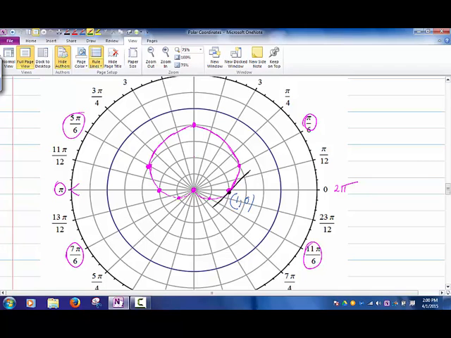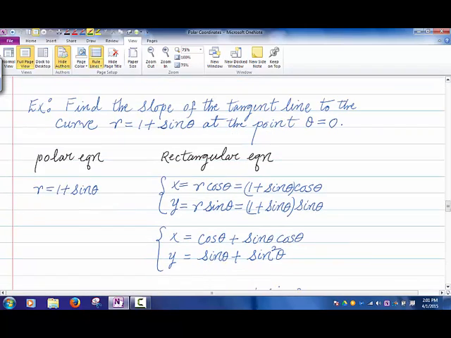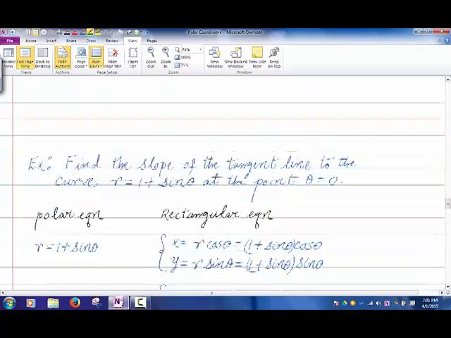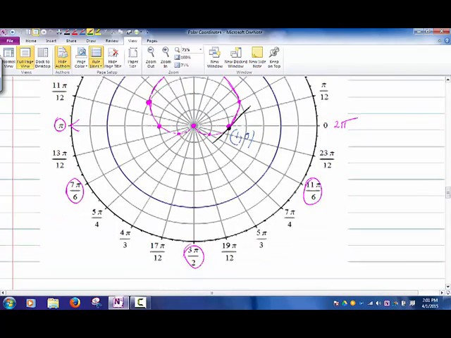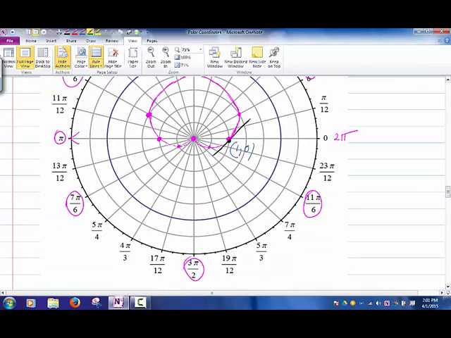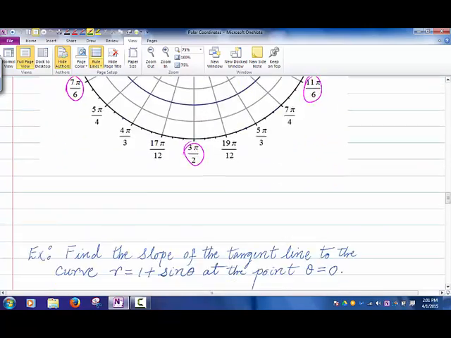And then what did we do? Well, we said find the slope of the tangent line to the graph of this polar equation r equals 1 plus sine theta at the point where theta is 0. And in the picture we can see where theta equals 0 is. I get the point (1, 0), right? Because when theta is 0,